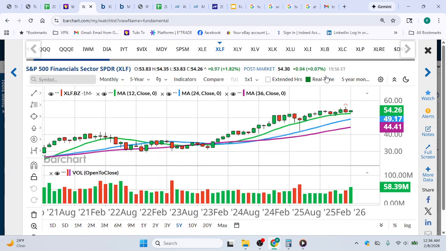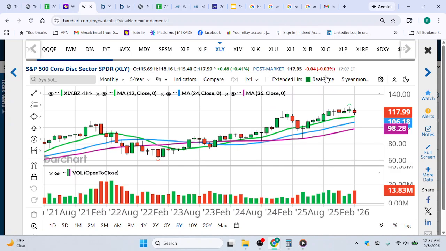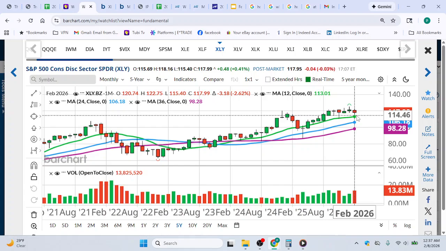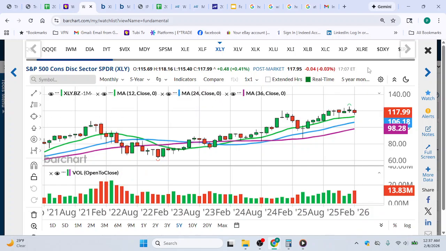Financials, more of a plateau look, possibly stage 3 or possibly a new base for the next move higher. We won't know really until that happens, but still trading above all the moving averages, so no reason to panic there. XLY, which is consumer discretionary spending, new high last month, but then a red bar this month. So far, this month we're down 2.6%. So that's one to watch for. Just keep an eye on it if you have stocks in that area. That is not a warning bar yet, but just a watch.